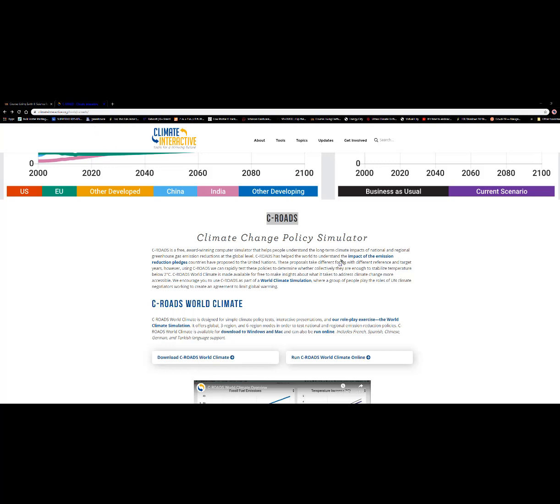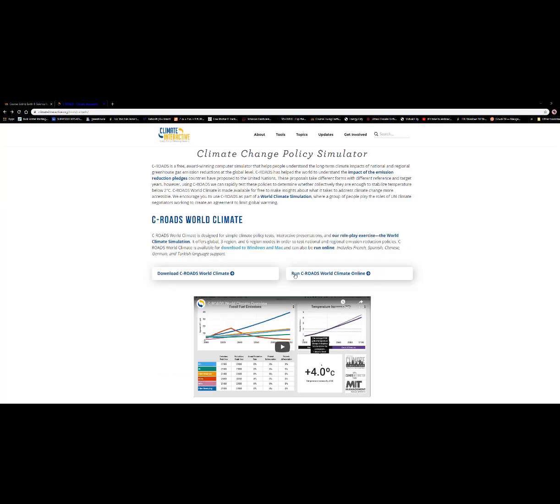climateinteractive.org/tools/C-ROADS. Now there's two ways. So you go to this URL, and you're going to see this screen pop up. You can click to download it, or you can run the tool online. It kind of depends on how you want to do it. It runs on Windows and Mac, and when you click, it'll download as a .exe file on Windows, a .dmg file on a Mac, or you can run